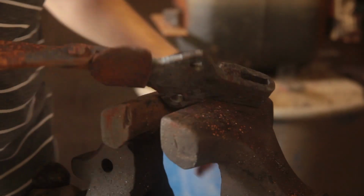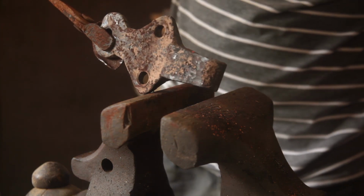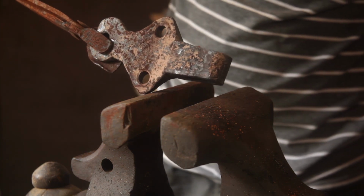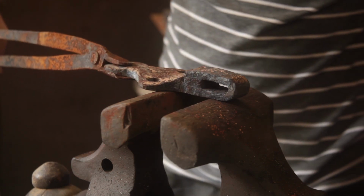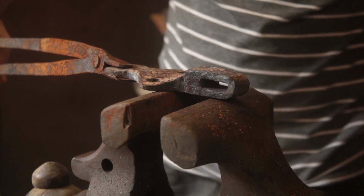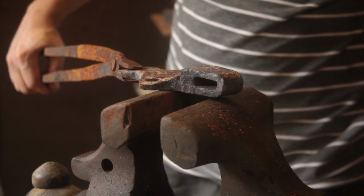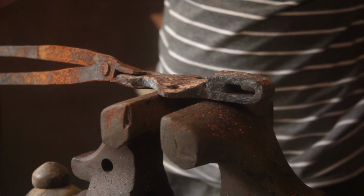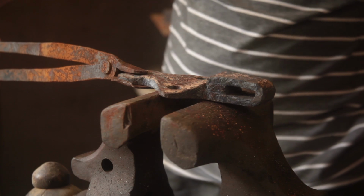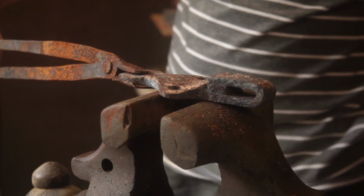Alright, so I've done a little bit of tweaking and adjusting. It's still not quite as square as I'd like it, but I'm not going to get what I need out of that if I keep going at it, because it'll end up too narrow. So, being that I'm almost out of gas, I'm going to leave this the way it is. I still need to tweak the staple a little bit, but that's what I'm going to leave off. Things mostly fit up,